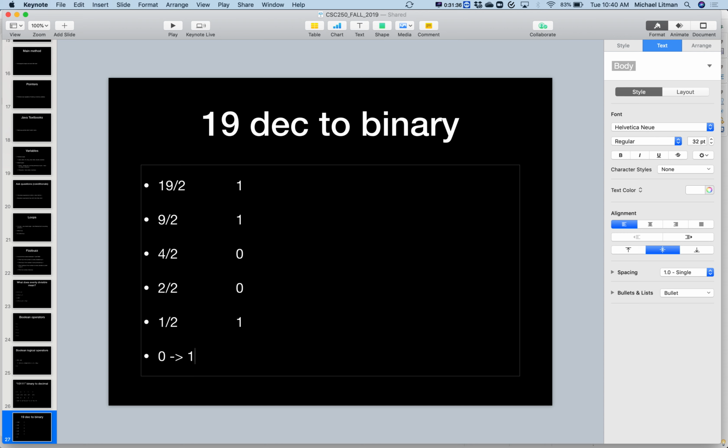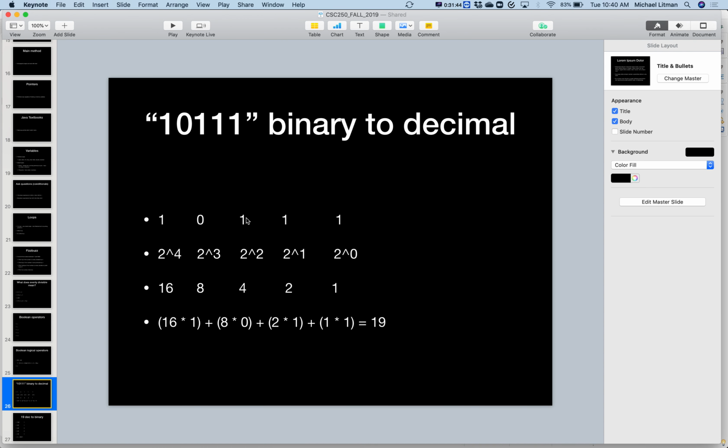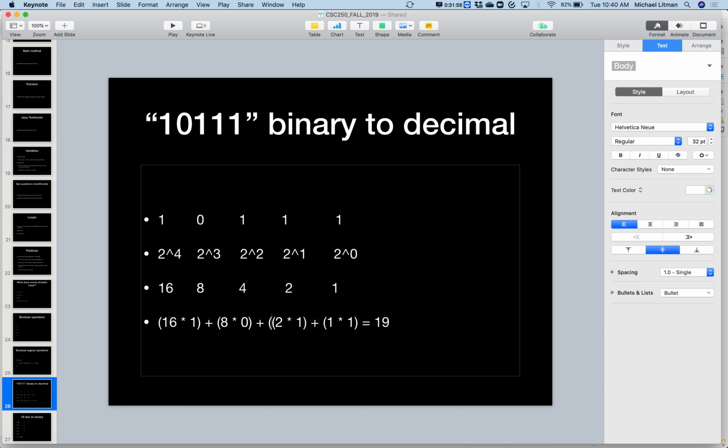Then we read our answer from bottom up, 10011. Isn't that a different number than we had before? 1s, 2s, 4s, 8s, 16s. Oh, hold on, I'm missing a number here. This is the 8th place. Oh, I missed my 4 here. Plus 4 times 1. So this is actually 23, right? I wrote everything right. I just omitted doing this math right here. 4 times 1. All right, so that's actually a 23, which means that